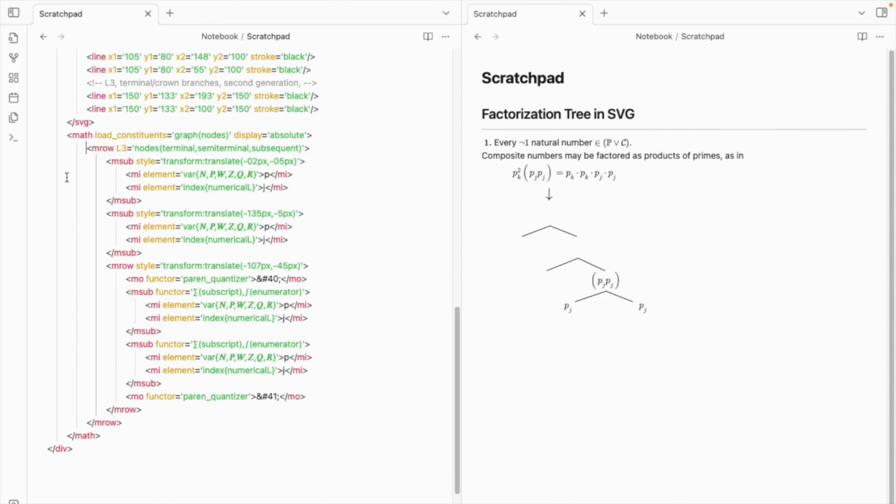Okay, so we've got our crown branch done. Okay, so for layer number 2, we're going to start with the semi-terminal node. And next will be the subsequent node. So we're starting with our semi-terminal node, subsequent node, and then lastly for layer 2, it'll be